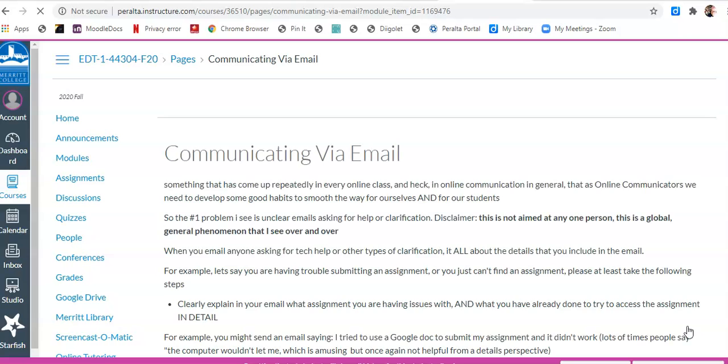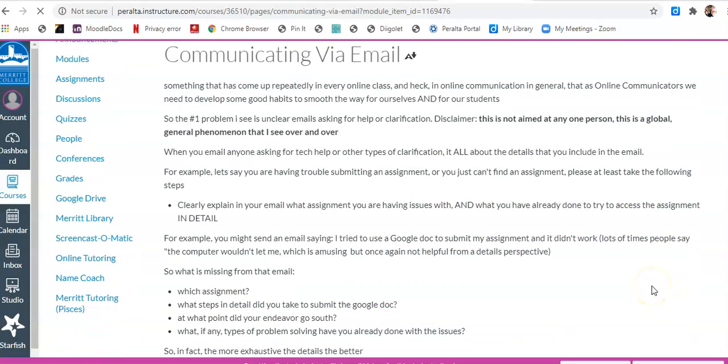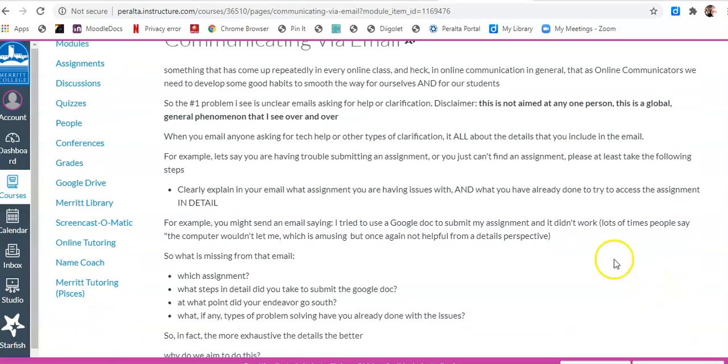Next, we've got email. So this is an important issue. If you send me an email that says something like, I can't access the assignment for the week. So if you, let's say you sent me a video that said that, I would have to write you back and say, which assignment are you talking about?